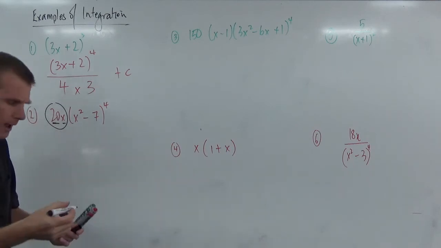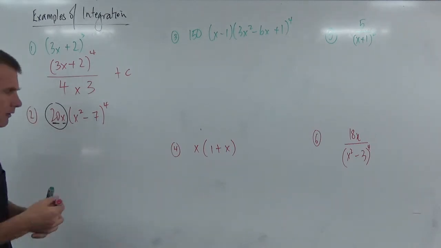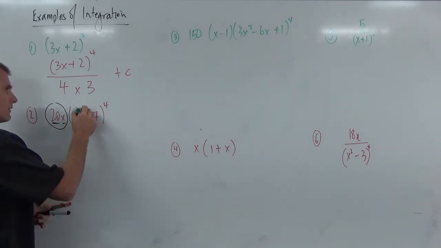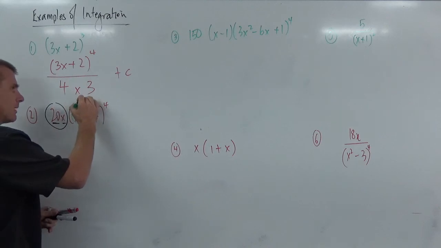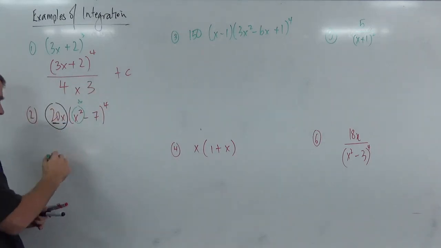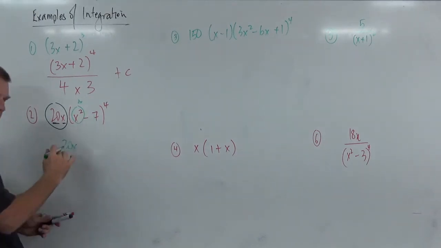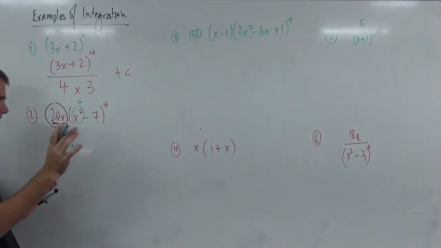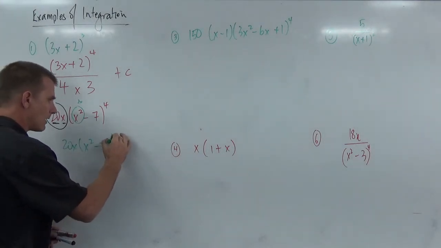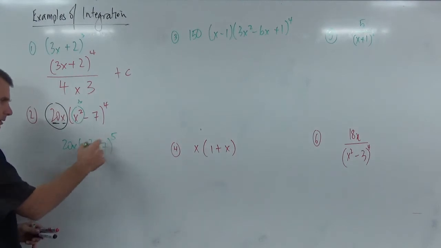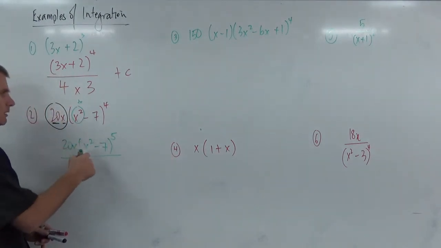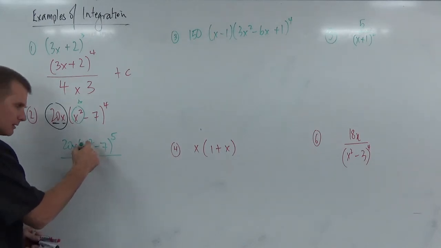You can't ignore that. Well, you're right, I probably shouldn't, but I also spot that the derivative of this guy is going to be 2x. And I'm going to have to divide by that. Let's do it. So if we're going to integrate that, I'm going to leave the 20x there. You might disagree for now, but leave it there. (x² − 7), raise the power by 1, divide by the new power, and divide by the derivative of the inside,